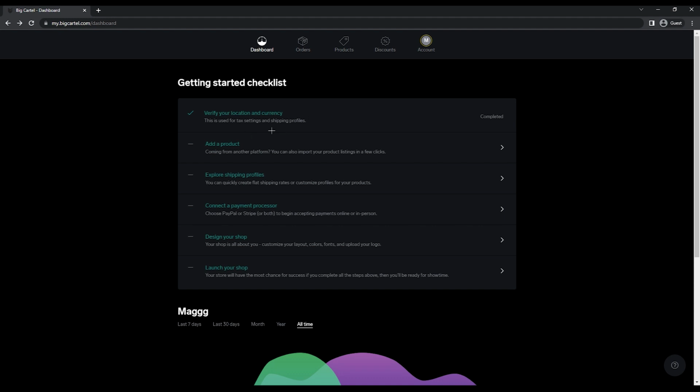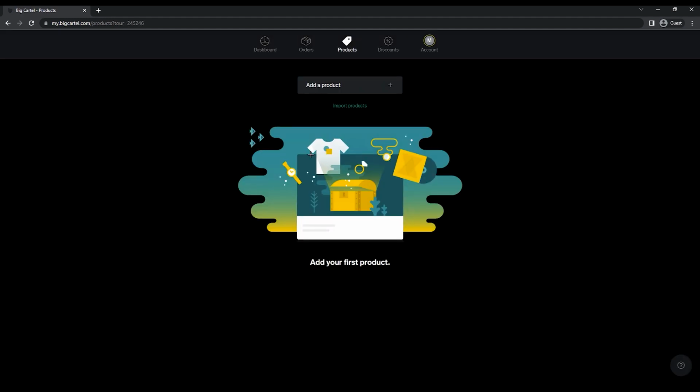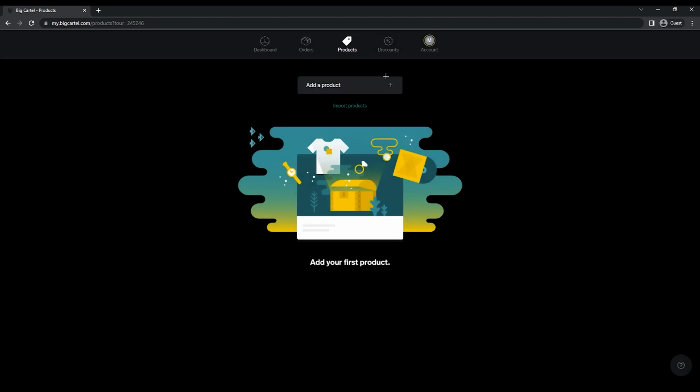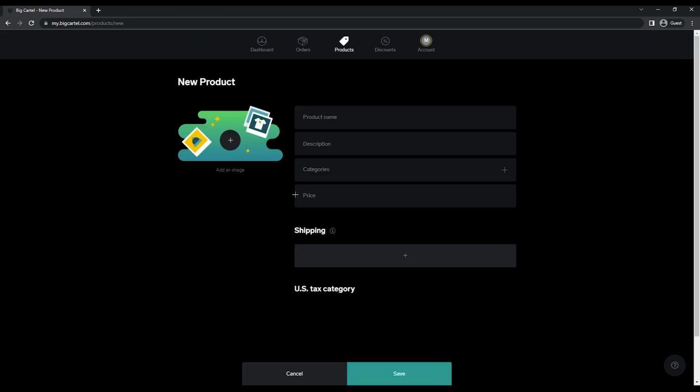So yeah, after that, add a product. This is very important. If you click on this, you need to understand that we can only use one image, and that image should be good, right? So you can just import image from over here. So I'm just going to click on add a product, and obviously